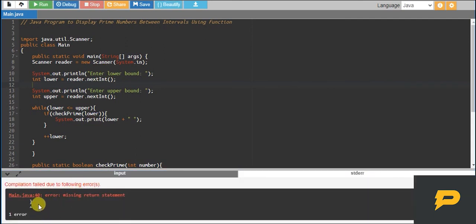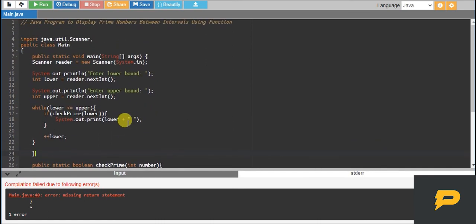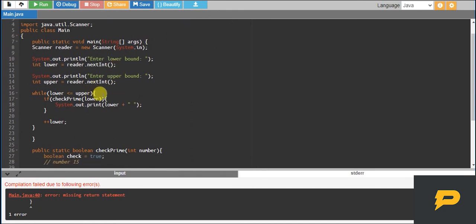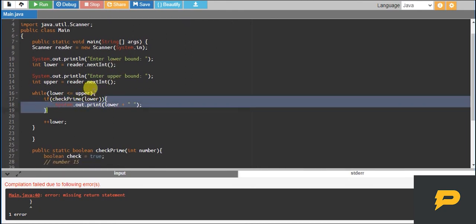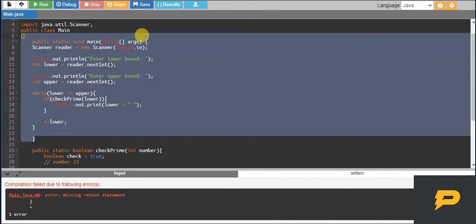Oh, error. I guess we have one extra bracket, or one bracket missing, or something like that. Let me check. We have this if closed, and this while is closed right over here. This main is closed right over here.